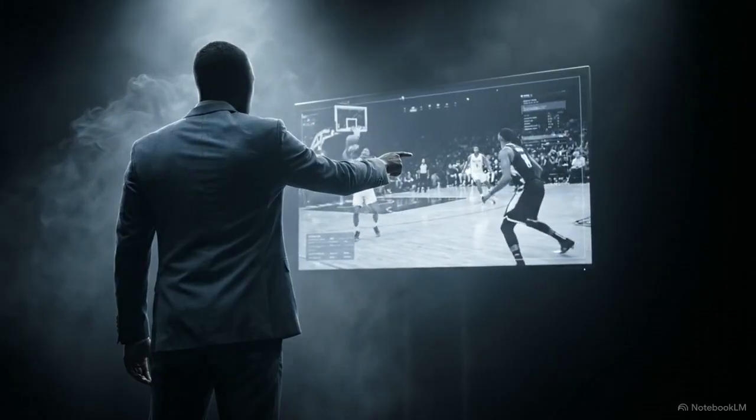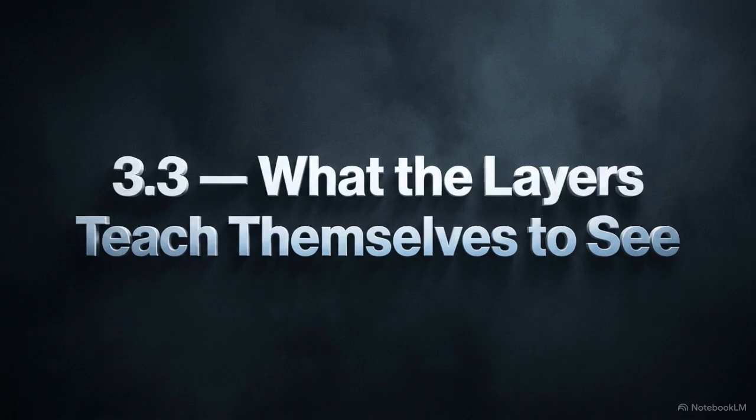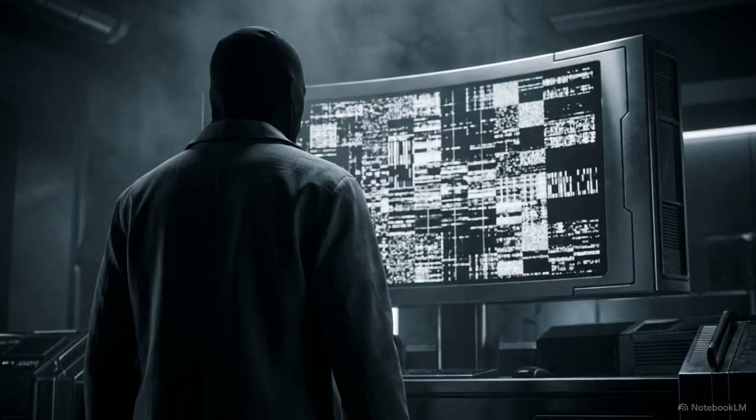Think of a sports team reviewing game film. If they lose a point, they rewind the footage to see exactly which player decisions failed. By tracing the play backward, they know exactly what needs to be adjusted for the next round. In subsection 3.3, we look at the results. After millions of these targeted adjustments, researchers can inspect the inner layers of an image network to see what visual patterns the weights have tuned themselves to detect.